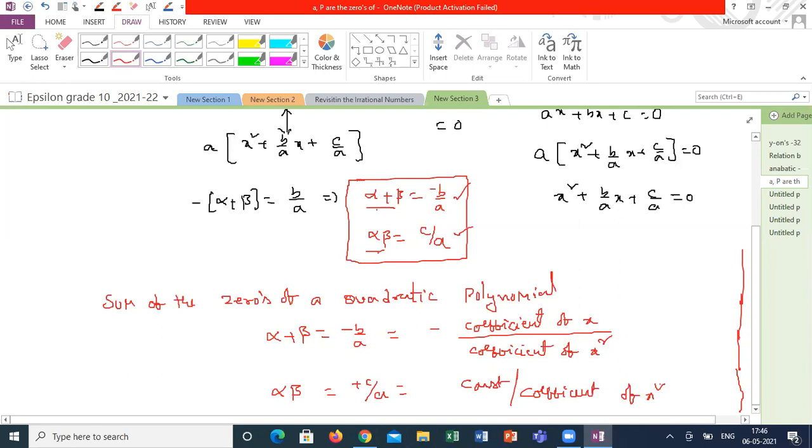What we are going to discuss? Understood? Yes, sir. So this topic is completely related to this. This topic is like an application. I can't say it is conceptual. If I know the zeros, how to frame the polynomial. If I know the polynomial, how to write the relation between the zeros. If I give the sum of the zeros and product of the zeros, how to generate the polynomial. These kinds of things we are going to discuss here.